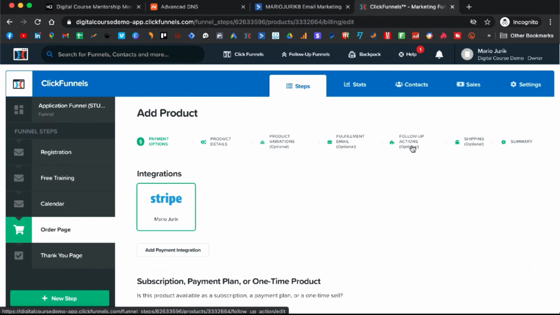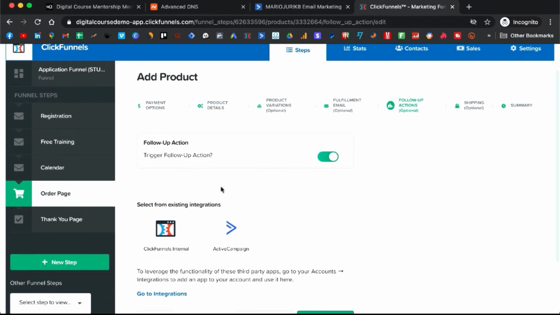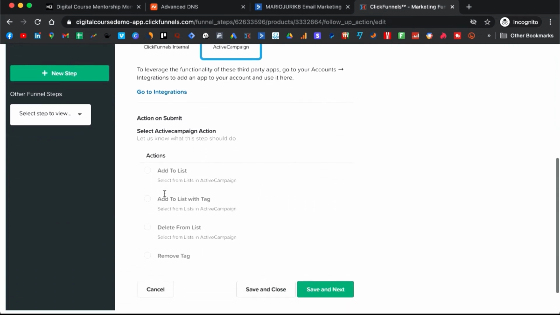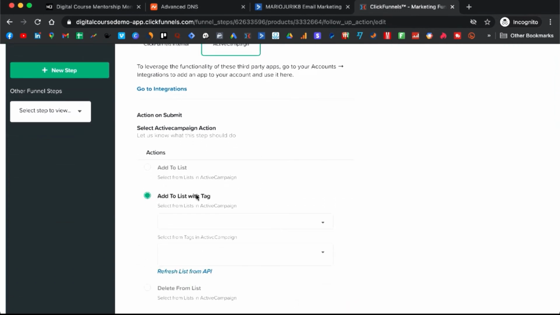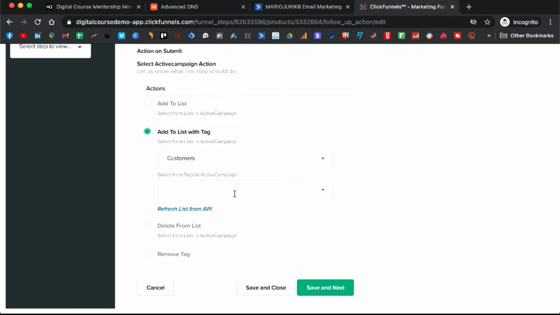And so we go to follow-up actions, and here we trigger follow-up action, turn it on. Here we select ActiveCampaign, we choose add to list with tag, and we choose customers, and here we paste our tag, client purchased, right? And save,